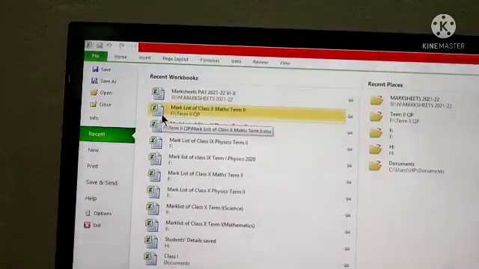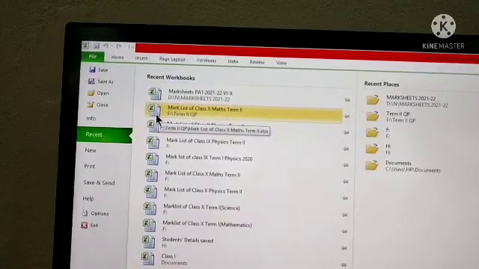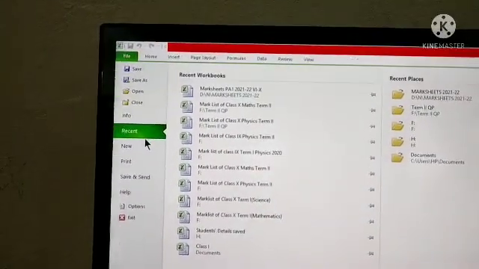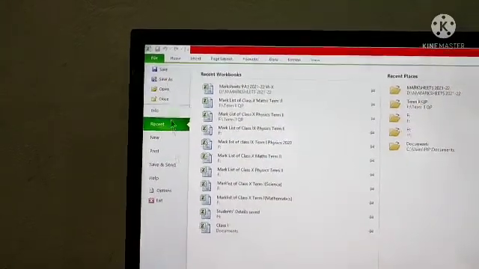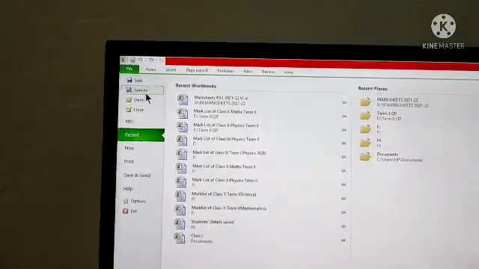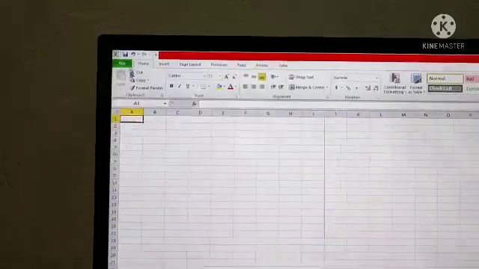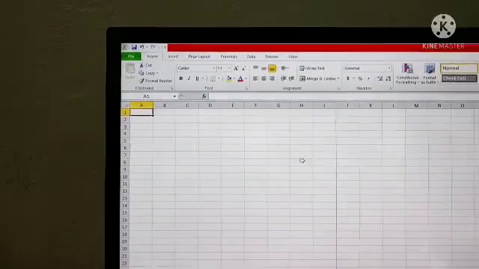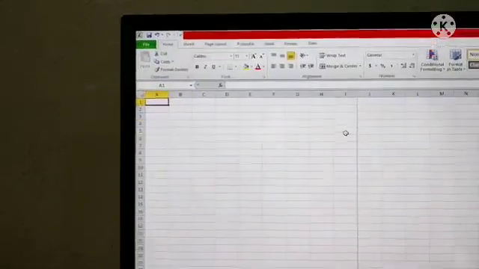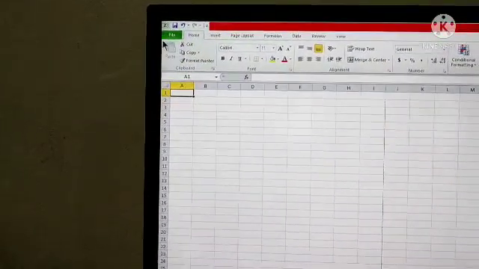It contains options to perform file related actions such as creating, opening, saving, and printing a workbook. So here you can see these functions. If you want to use these functions, then you have to click on the file tab. Clear? It is known as the file tab. Then the ribbon. What is the ribbon? This one.